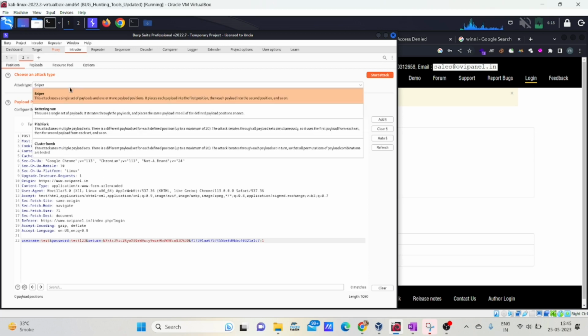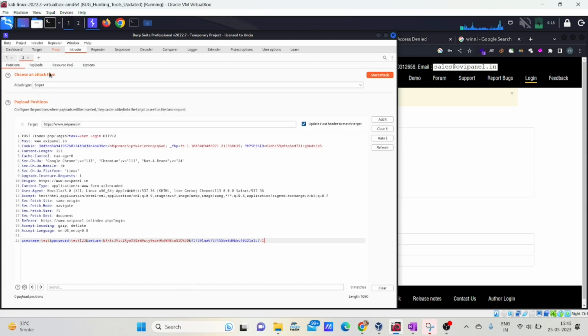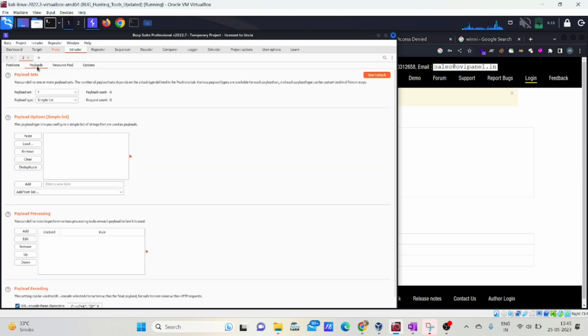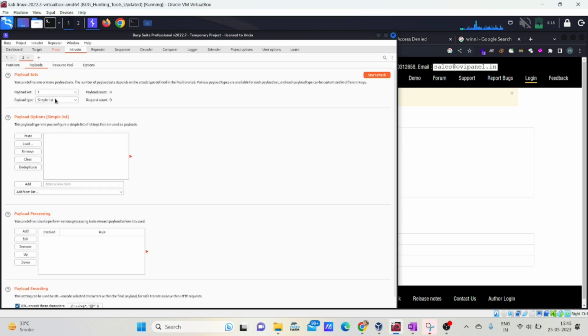So there are different attack types like the sniper attack, battering ram, pitchfork and cluster bomb. So these are some attack types. We will see this while doing this brute force attack. And these options will allow us to select different payloads. For example, if I choose this particular word, the entire word, and I add this $ symbol, I'm going to brute force this password. In the payloads, there is only one payload set and the simple list, or I can say different lists are available,